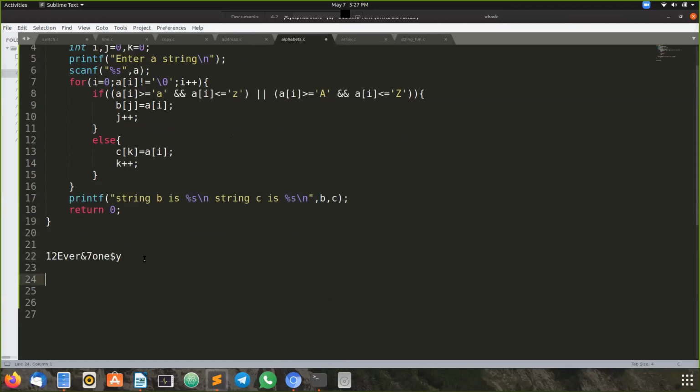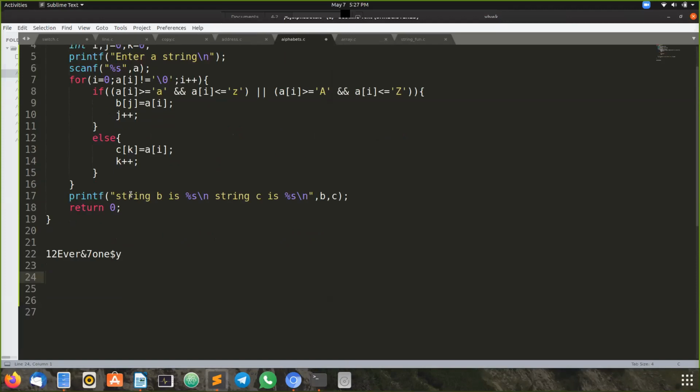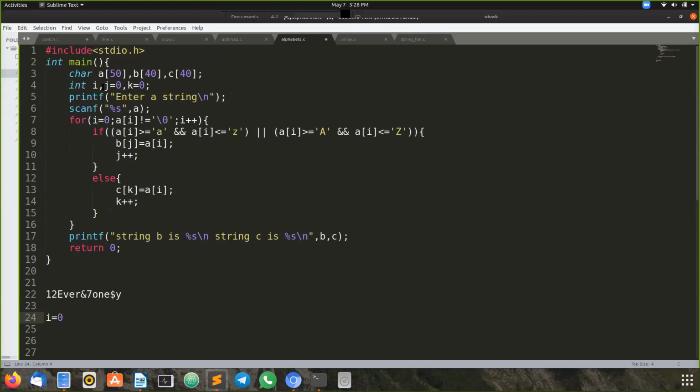The user has entered this input. Carefully observe. I have written a for loop. At the top of it, we have asked the user to enter a string. He has given us the string. So we have started the for loop. The first i value is 0. And the default values of j and k are also 0.